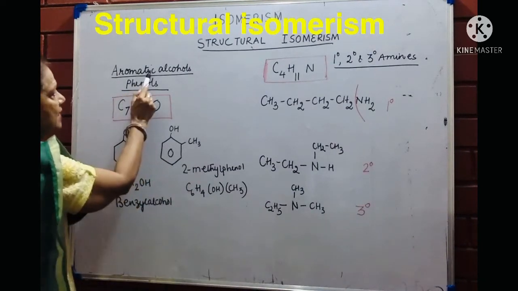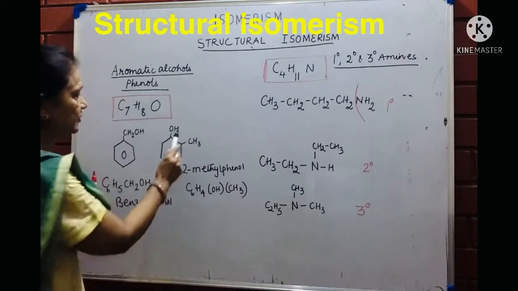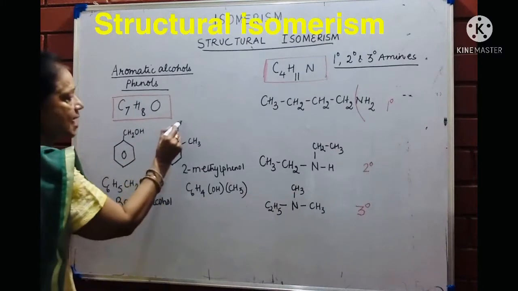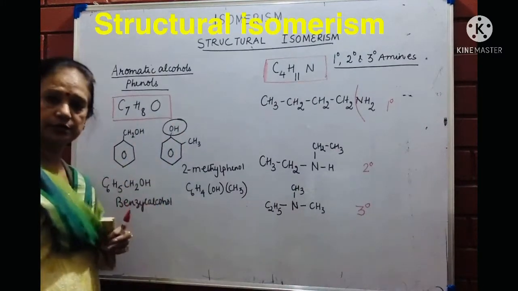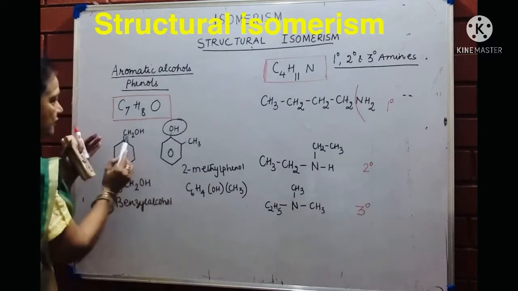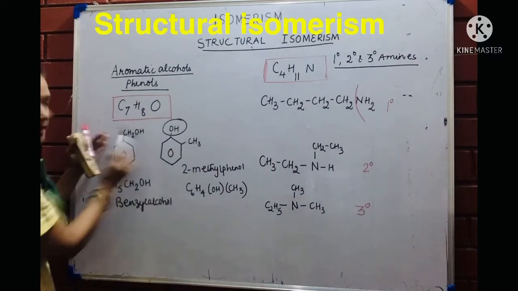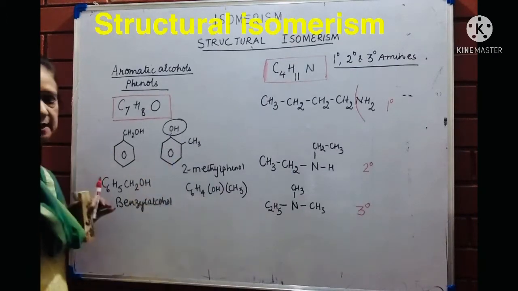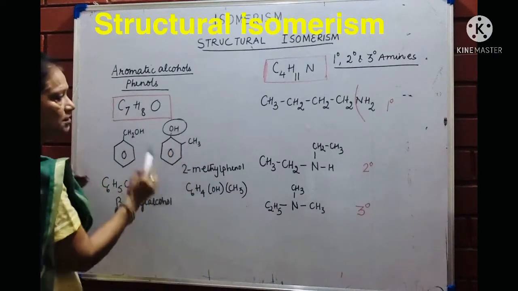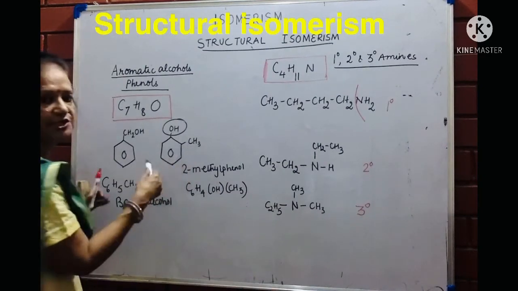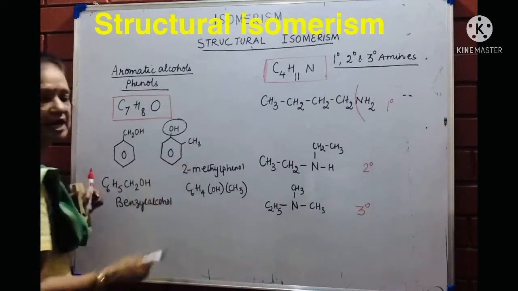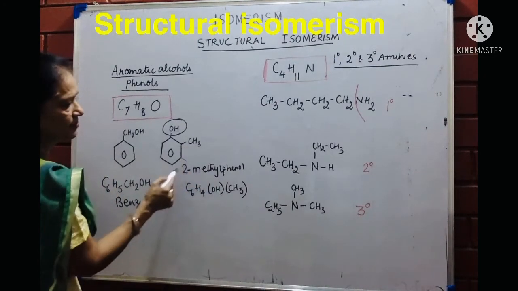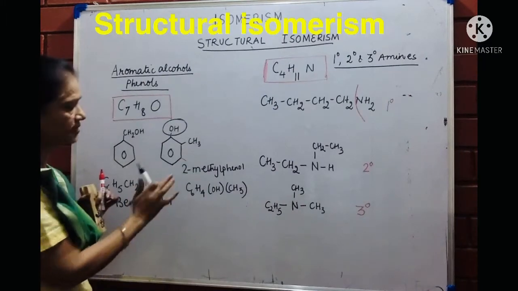I've written here aromatic alcohols and phenols. So phenol, you remember, was OH onto the ring. Be careful that when I attach OH directly onto the ring, it is called phenol. But if I attach with a carbon atom and OH, it becomes an alcohol. So don't call this an alcohol. So OH on the ring and CH3 can be attached at any place. At the moment I have put it at place 2. So it's called 2-methyl phenol. I could have put it here, 3-methyl phenol, 4-methyl phenol and so on.